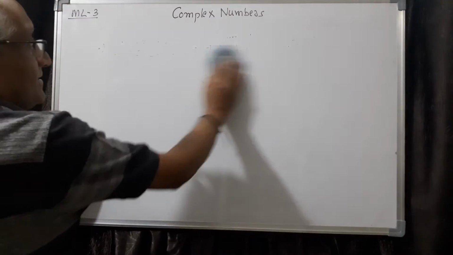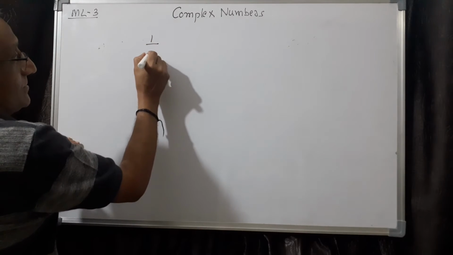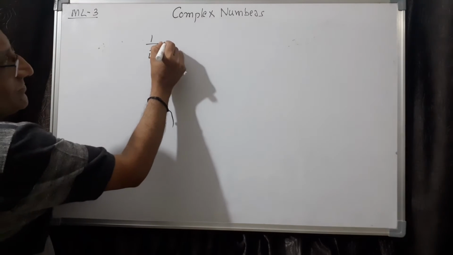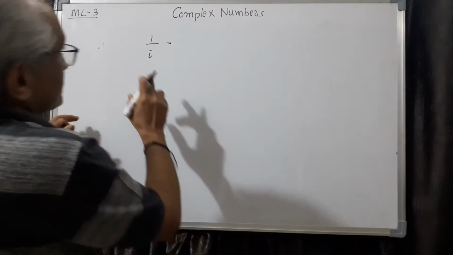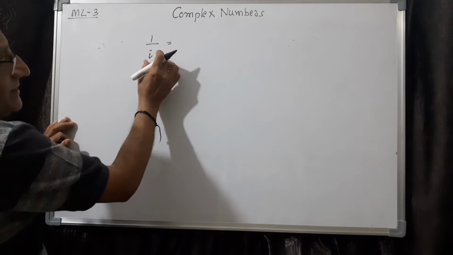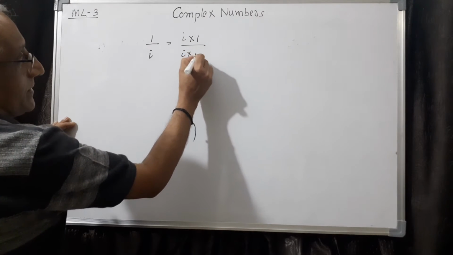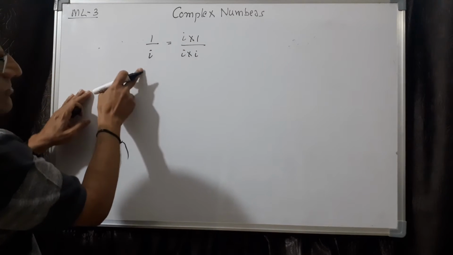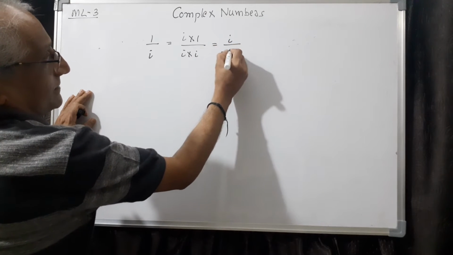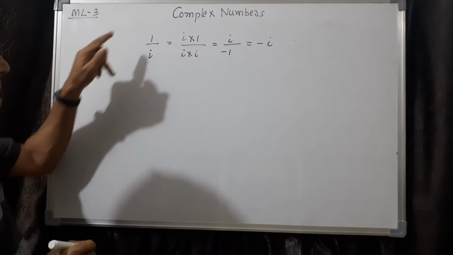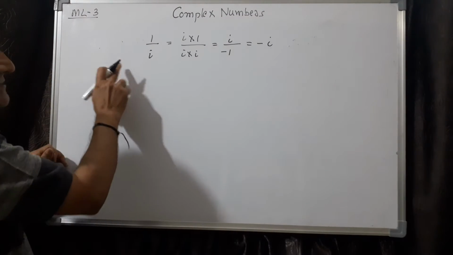And the last question under this is, what is 1 by i? Sometimes the question can be like, what is 1 by i? What you have to do is, always remember, it should be written in the form of a plus ib. So how to make it? Bring this i here. So multiply 1 divided by i by i into i. That means multiply the denominator and numerator by the same number i. So the denominator is i square, which is minus 1, so minus i. Therefore 1 by i is the same as minus i. So this is another important result based on this.